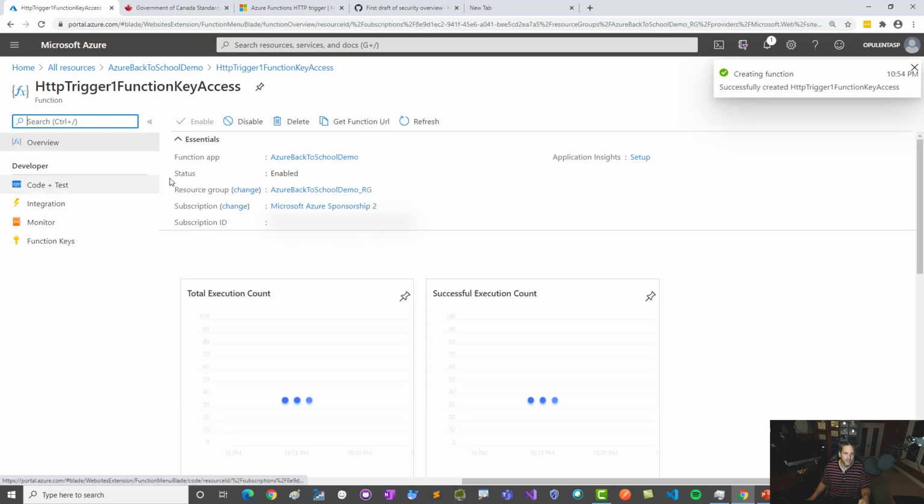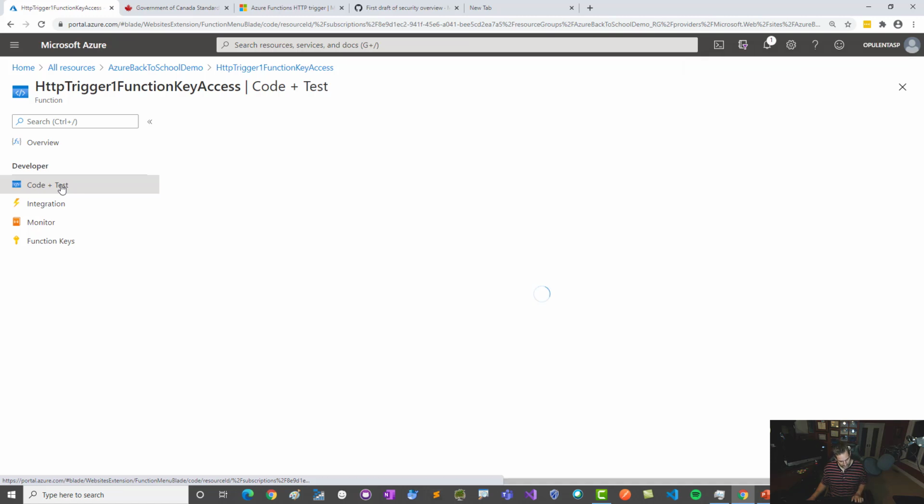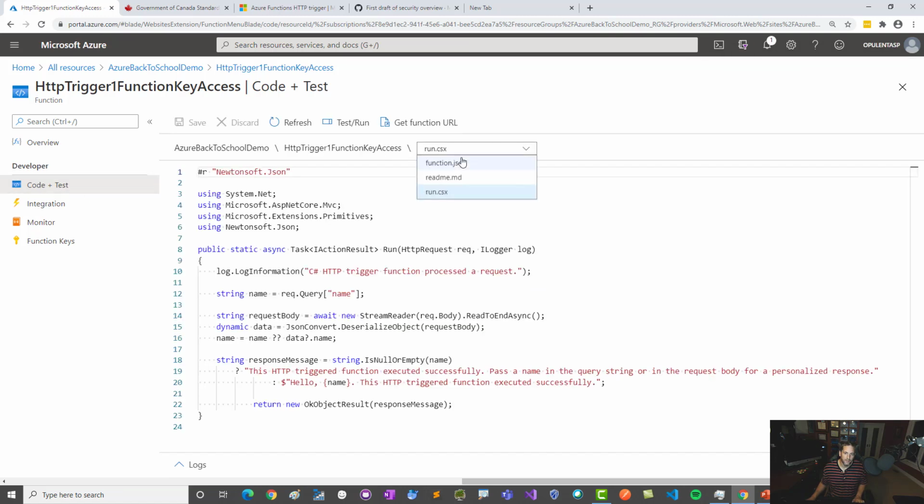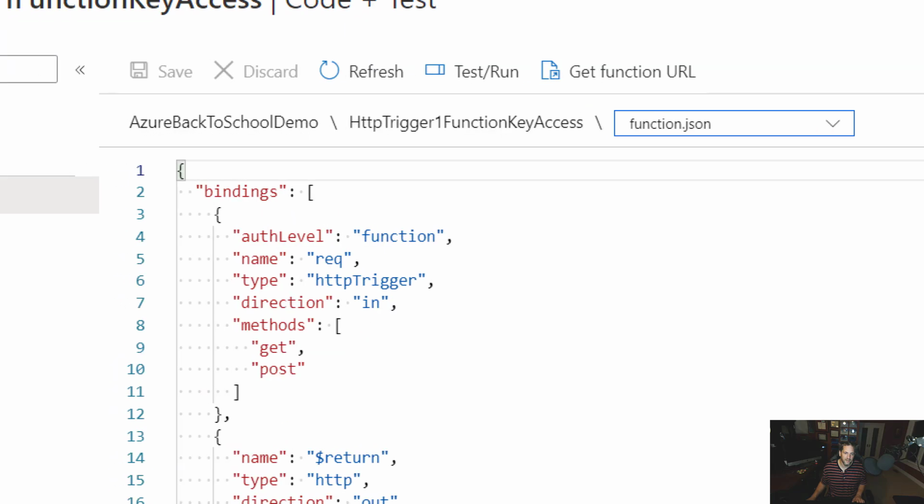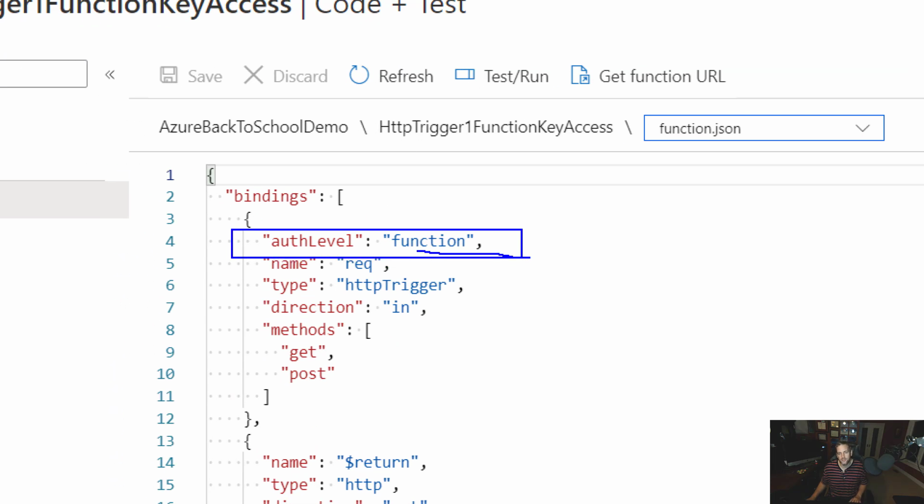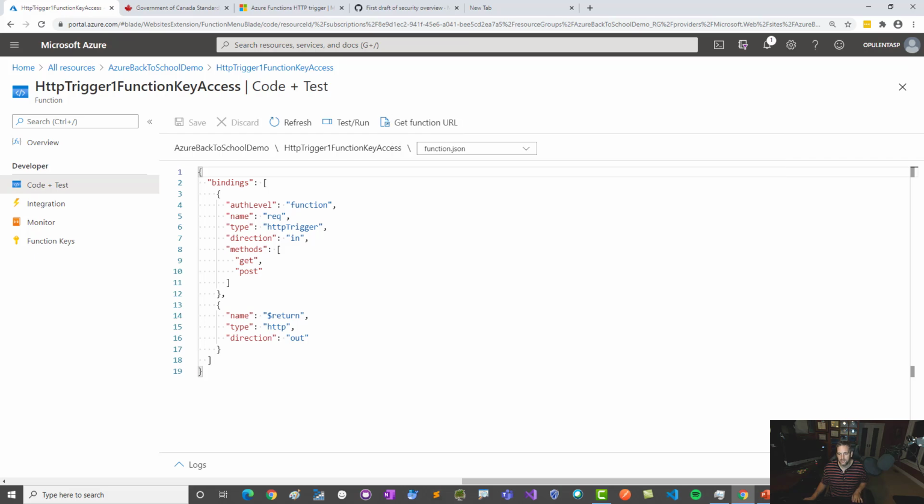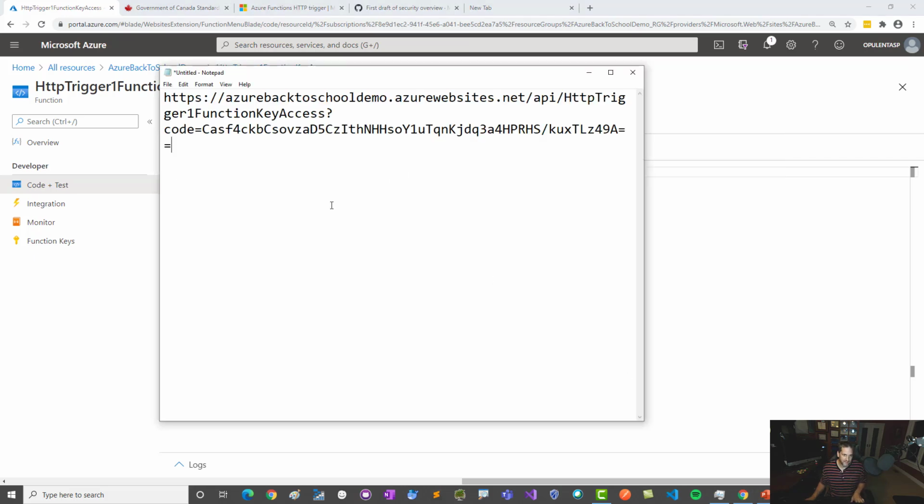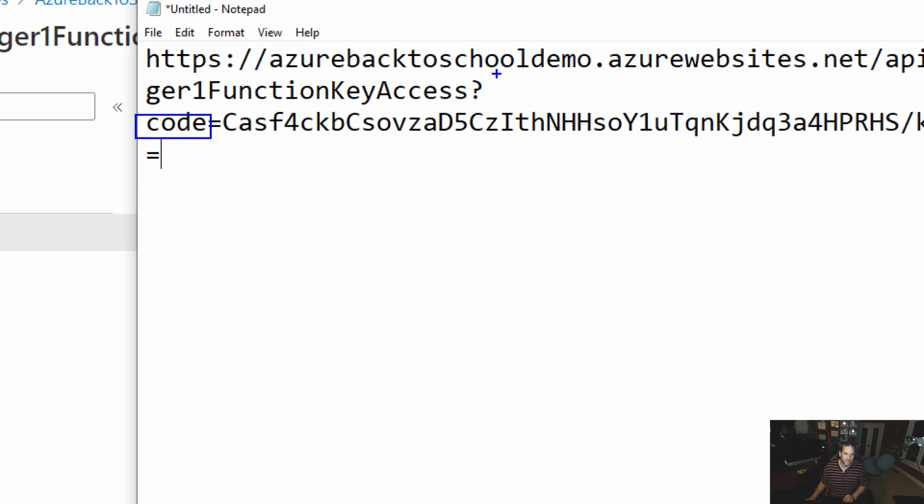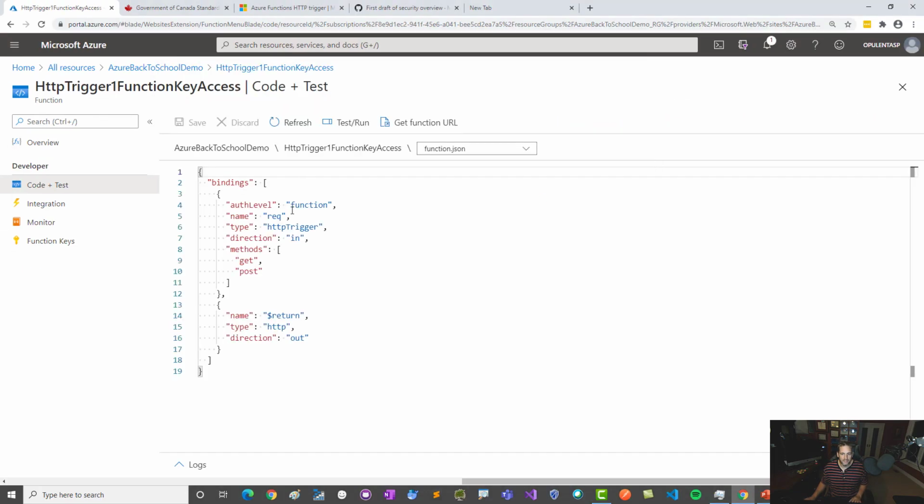So the function is created. So what we'll do is we'll click on code and test, and we're going to go over to the function JSON, and let's take a look here at the authentication level. So we have a function level auth access here, and if we go ahead and get the function URL, if I copy this over, notice that basically we've got a code appended to the URL here, right? So remember I said you can pass it in different ways. So out of the gate, Azure will give you this code, and there's a key here. So remember it's called CASF here. What we'll do is we'll take this code,